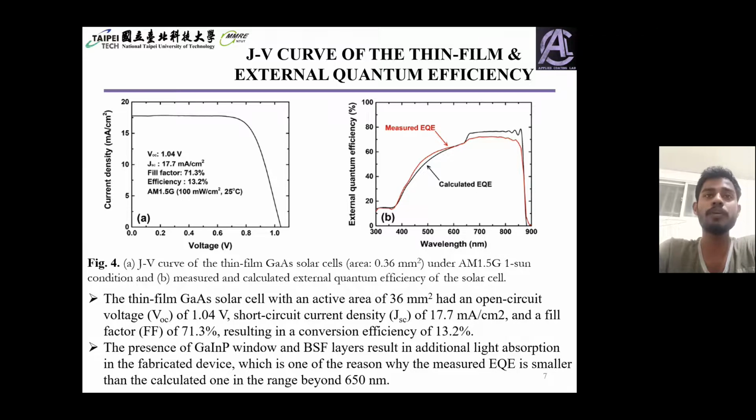In Figure 4B, it shows the calculated external quantum efficiency spectra of the gallium arsenide solar cell. So the difference in the measured EQE in the range about 650 nanometer. During this process, the topmost GaInP window layer is exposed to some kind of dangling bonds, and also